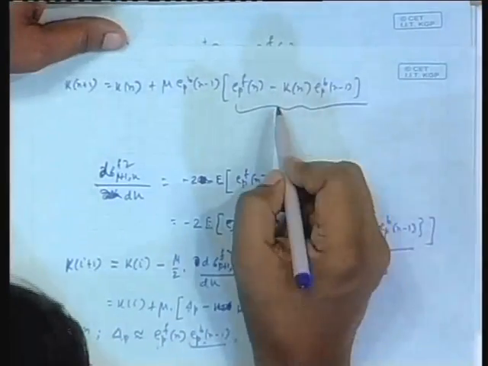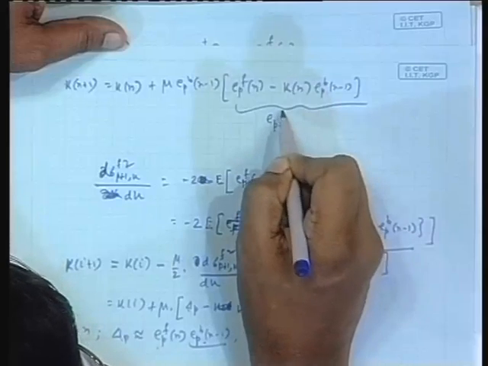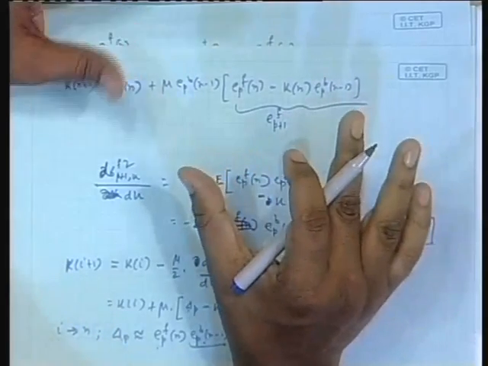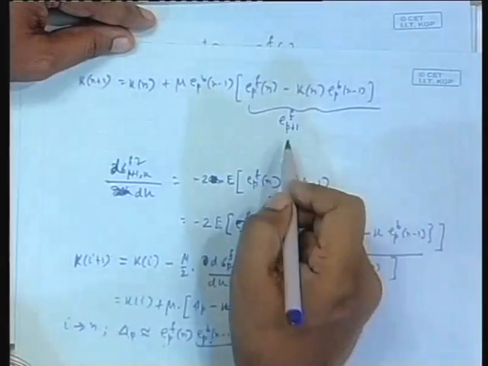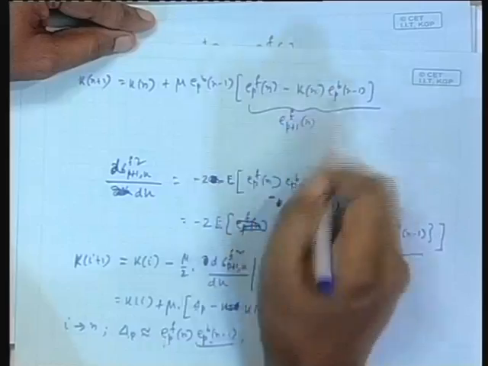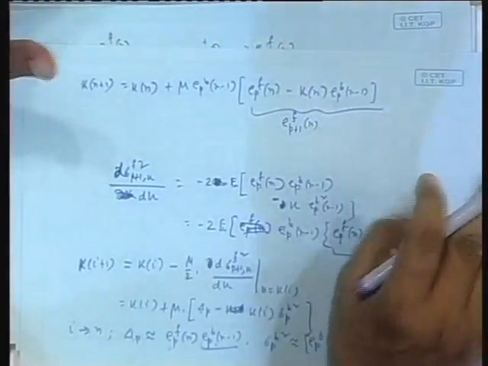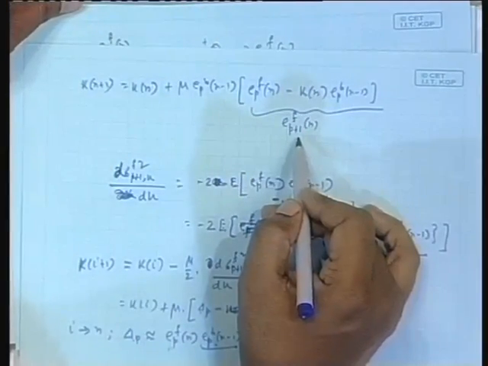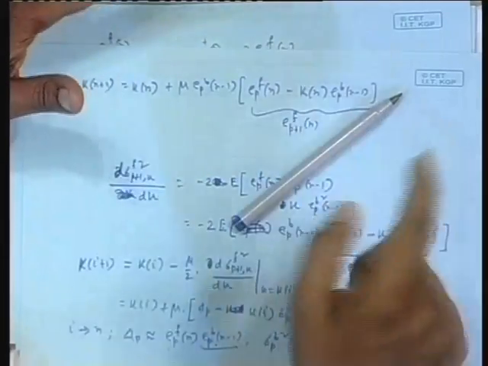So please understand the slight differences: when I write the same notation E p plus 1 f n, it is not with that optimal k, it is under the adaptive situation, where I am just running an adaptive filter now. This is the output. Like in the case of the adaptive filter, during the training phase it has not converged to the optimal one, but I am not discarding the output at that time. There is still an output y n at the filter output, but what is that output? The output with a non-optimal set of coefficients w n. The corresponding instantaneous output is y n. It is just that.